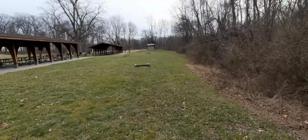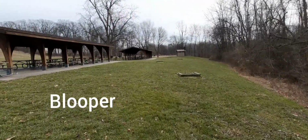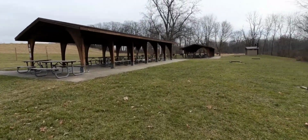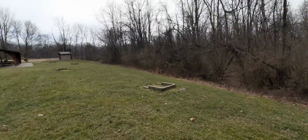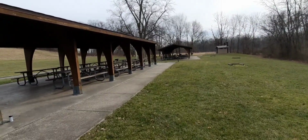So there is, looks like horseshoe pits and a lot of barbecue grills, and it looks like a relatively new pavilion area here for picnicking. It looks really nice, and like I said, there's a nice trout stream there. And what we've found on this trip, with most of these